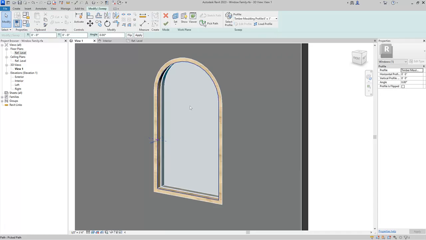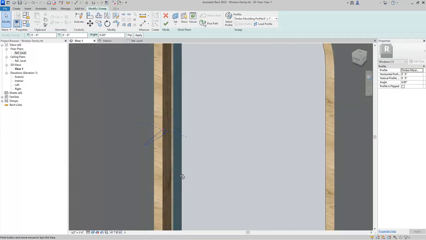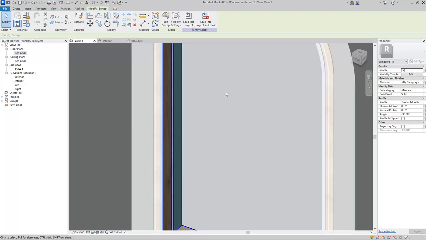We'll now notice that the profile is previewed on the model. However, we can see clearly that it's in the wrong orientation. If we look onto the options bar, we'll note here that we can offset it in the X and Y direction. We can also flip the profile or change the rotation angle. In our example here, we'll rotate this negative 90 degrees. We can now see that the profile is in the right orientation. To complete the sweep, we can go ahead and select Finish Edit Mode, and we'll now see that our sweep